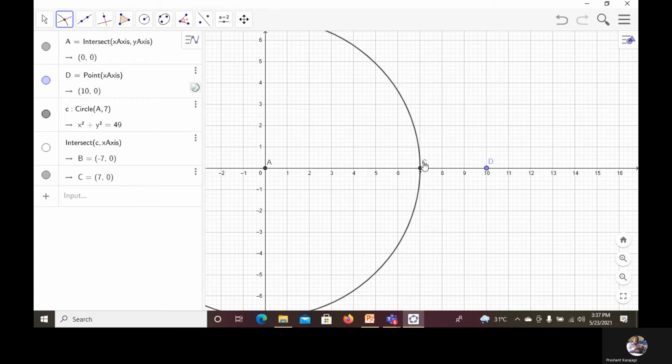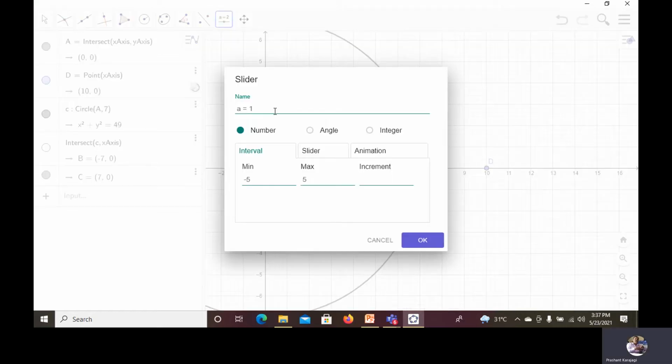Now take a slider and define that angle, which is the input motion for input link AB, and that is in the form of an angle.